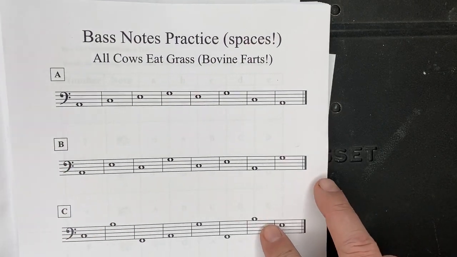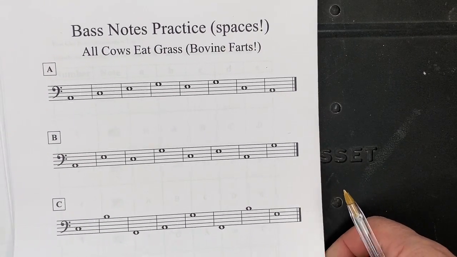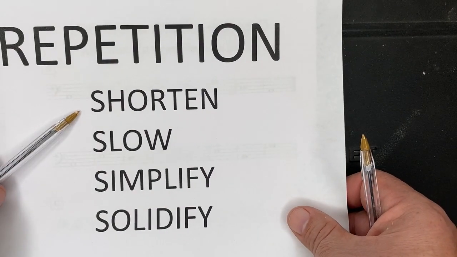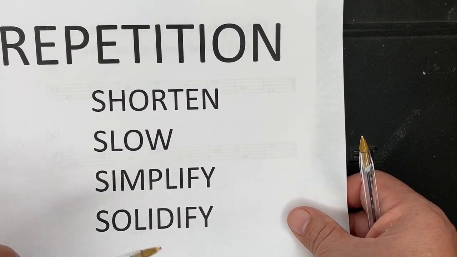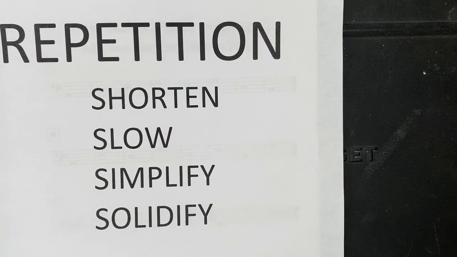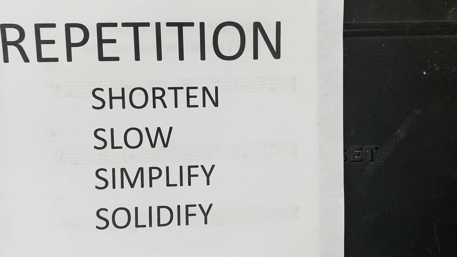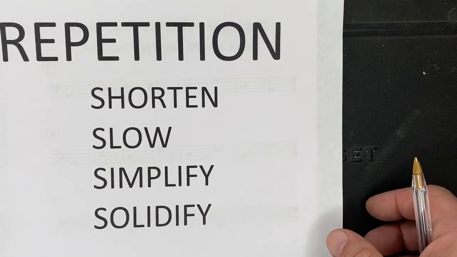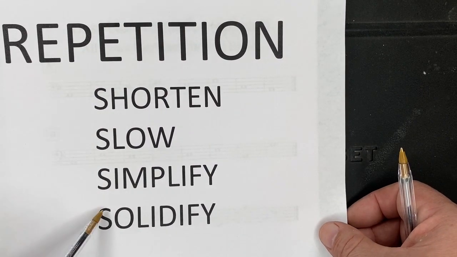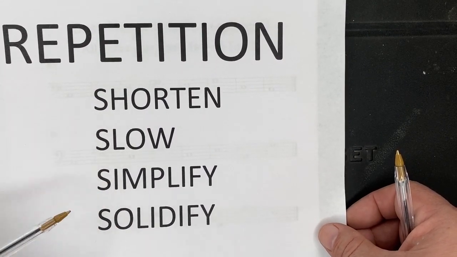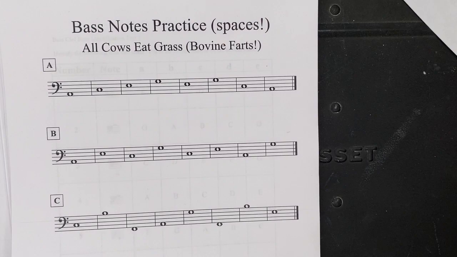So again, remember what we're doing here is we've shortened it. We've slowed the process down. We're taking a break now. That's another way that we shorten. We've simplified it by only doing a limited set, and we've even introduced them in very, very specific ways. And we've solidified it by giving it the names, a sentence that makes sense to us, okay? Once this level of complexity is easy, we can move on to the next step.